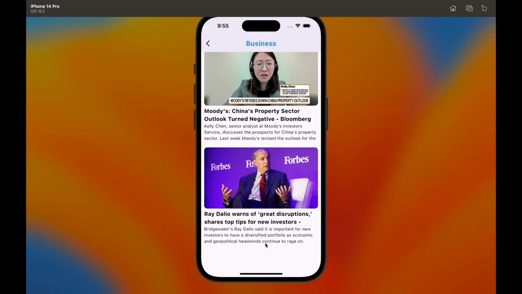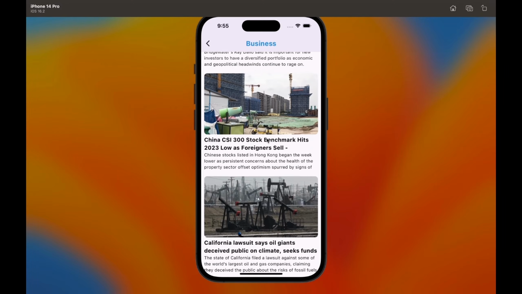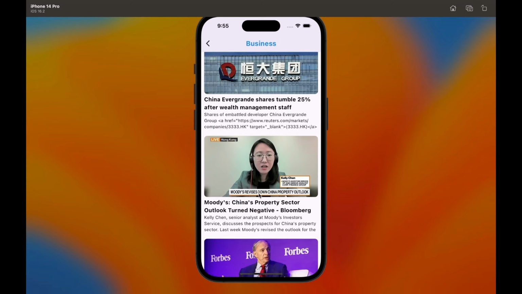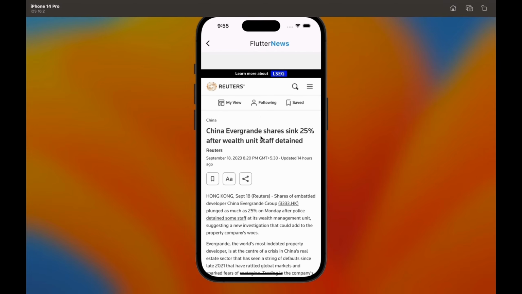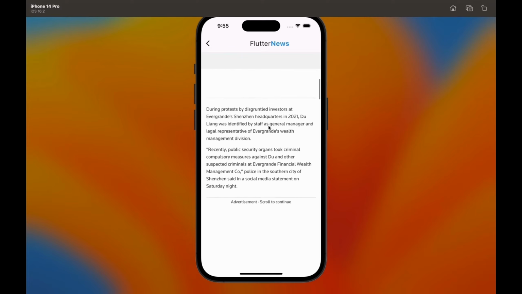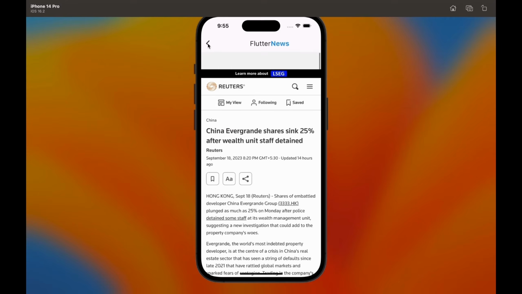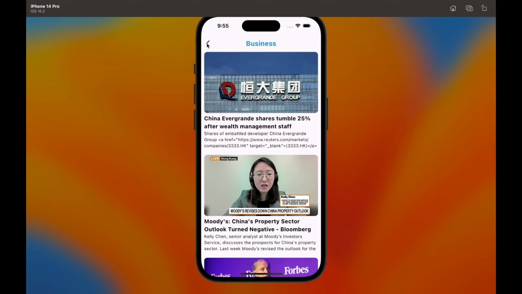When you click on any of the categories like business, then you will move to the page named business, and you can see all the news related to business here. Now if you click on any of the news, then you will move to the web view of that news so that you can read the news in more detail. Now let's move back